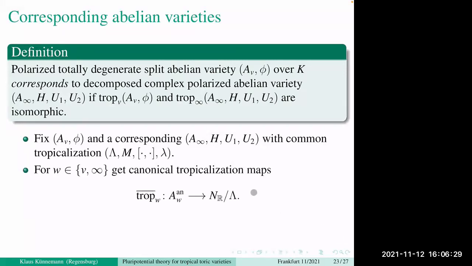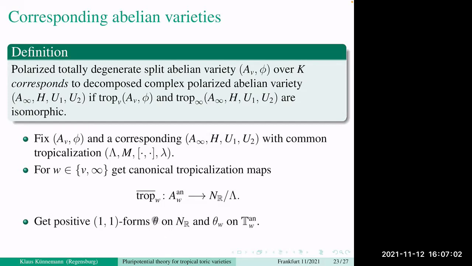Then you have the tropicalization maps on the torus, and these are respected by the group action of the lattice. So these maps descend to tropicalizations on the abelian varieties, and this holds in the Archimedean and in the non-Archimedean situation. I will not give formulas here, it's a different construction as before, but our tropical abelian varieties are polarized,